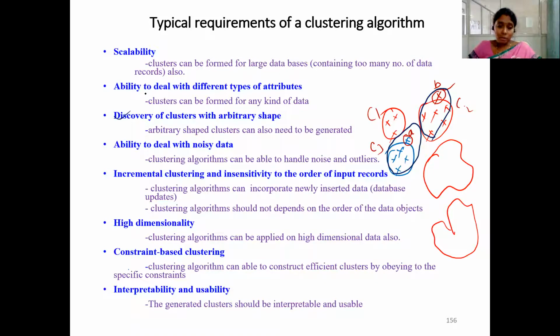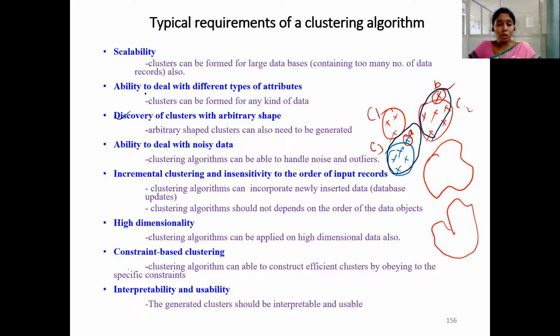So with the upcoming data also, it should be able to add those newly coming values to the existing clusters. That means it should incorporate database updates. Database updates means that for the existing data set, some new records may be added, so the data set is updated repeatedly. In that case also, your clustering algorithm should be able to perform clustering properly.